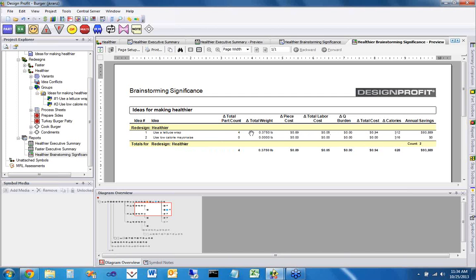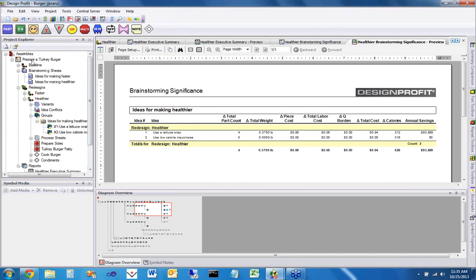So I can really break down all my changes all the way down to sort of the elemental level here and find out what each one of my ideas saved me, what that pays me, which is the best one, which should I implement. You can see how this would be used in a manufacturing environment, and how you might, maybe instead of use a lettuce wrap, we're talking about use the snap fit over something we were previously power screwing on, something like that. That brings me to the end of the presentation of the turkey burger